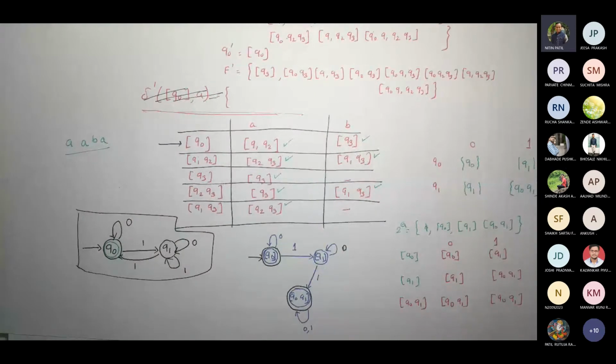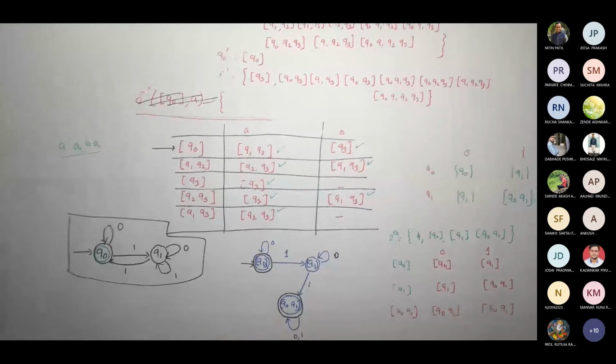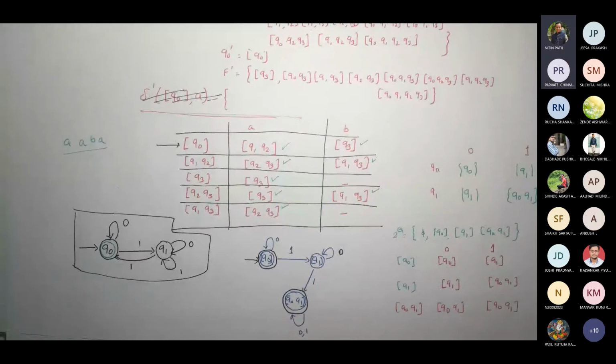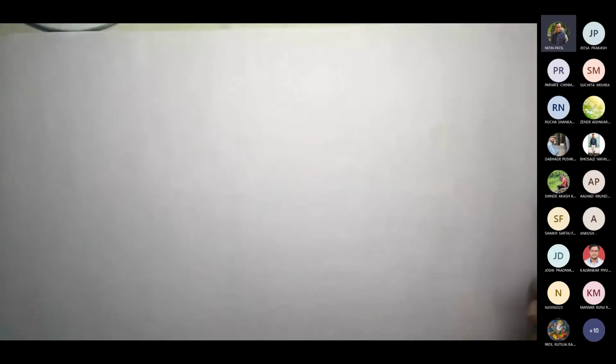Now let us take an example where we will see more than one final state. If that happens, how exactly are we going to work with it? Fine. So I hope you understood that. Are you with me? Yes, sir. Okay, good. So let us take one more example, which will help make it clear again. What are the doubts that we may have?